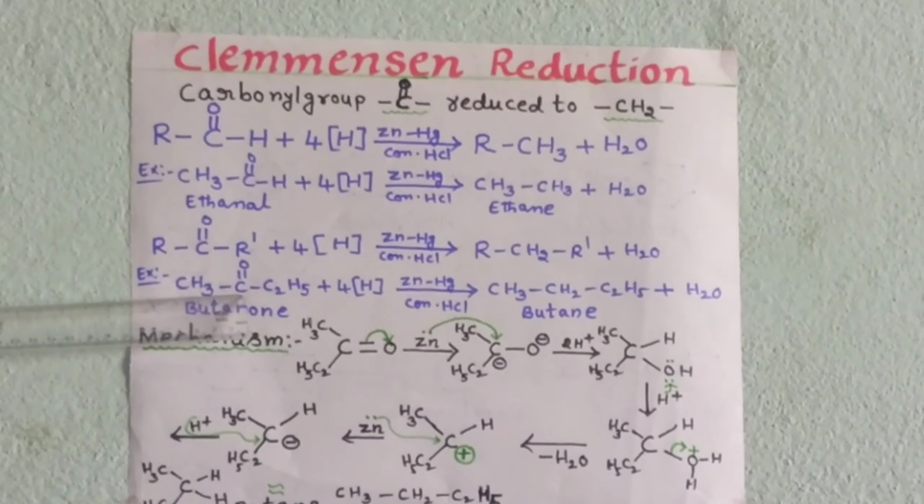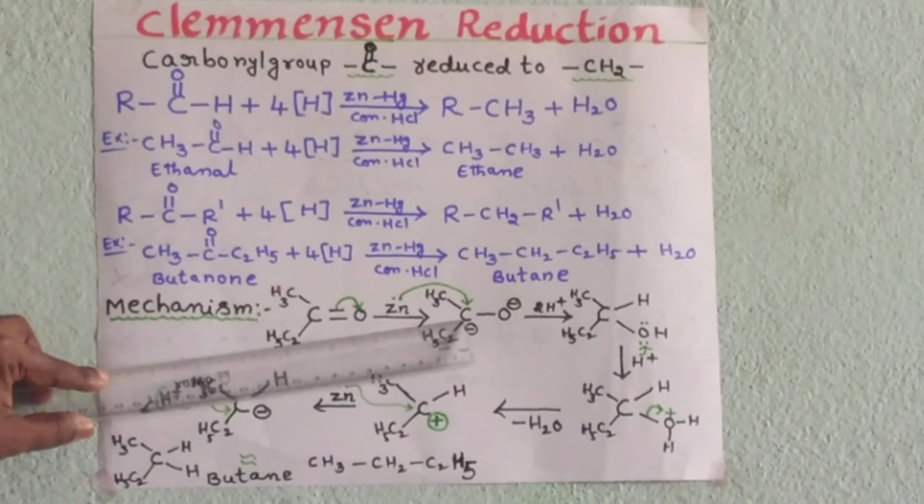The expected mechanism in Clemmensen reaction is as follows. Look at here. The 2-butanone will react with zinc metal. Here zinc contains 2 valency electrons. First, in the carbonyl group, the 2 electrons will be shifted to the oxygen atom, so the oxygen gains the electrons and gets a negative charge and the carbon gets a positive charge, but the zinc atom will give 2 valency electrons to this carbon atom.